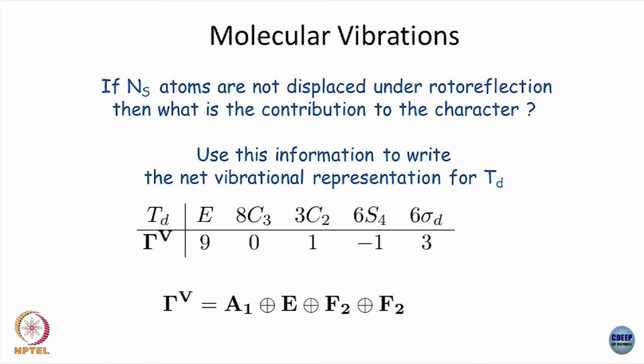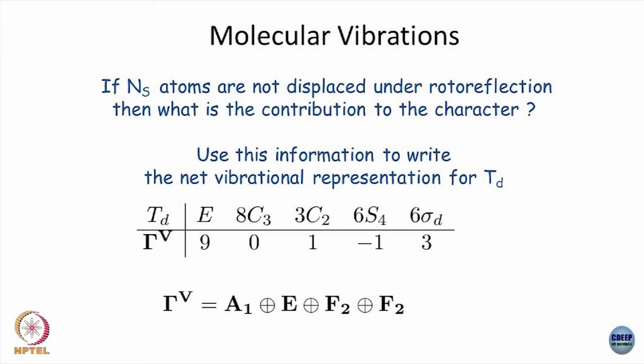Also, with rotoreflection, you will have translations and rotations to be removed out of it. Rotoreflection has a rotation component in it, unlike your reflection alone. So, you have to remove those degrees of freedom, and if you write down the vibrational degrees of freedom, the character for that, how many will be there in methane molecule? 5 atoms, 5 into 3 is 15, 15 minus 6 is 9 vibrational degrees. So, the identity element has to be 9,